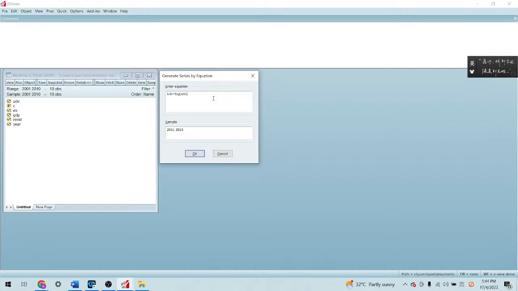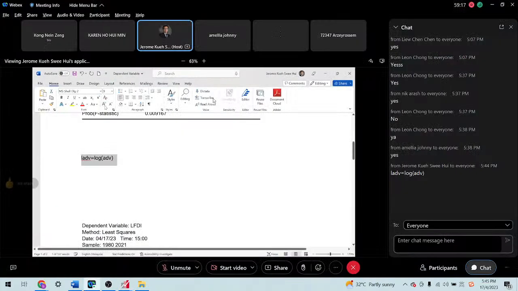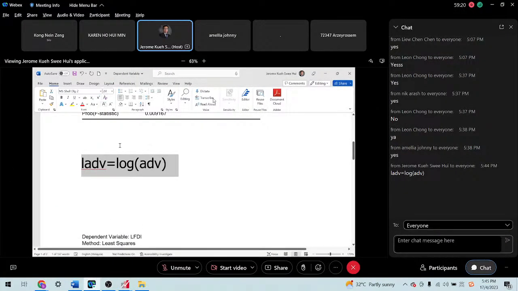Screen again. So this is how it looks like. I put in words so that you can see. So this is the command. The L, this is L. L ADV equal to log ADV.